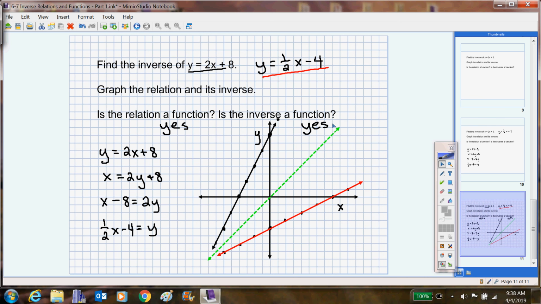And both of these, in this case, are functions. Vertical line test doesn't hit more than 1. Vertical line test doesn't hit more than 1. So each relation in this case is a function. So sometimes you get functions for both, and sometimes one's a function and the other is not a function. Okay, so